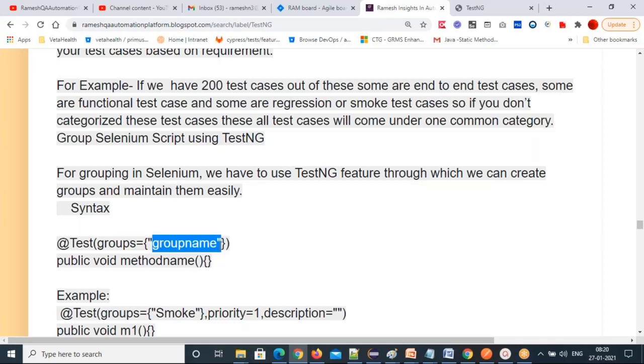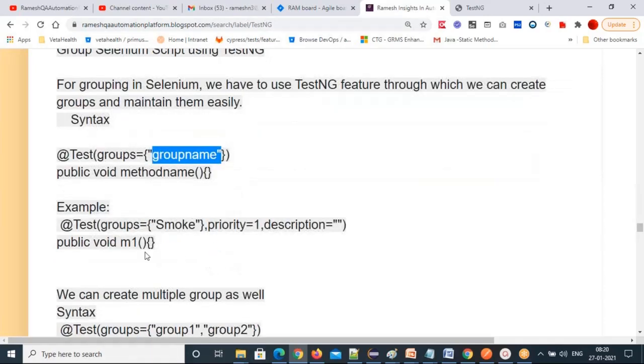Next, you can create one group, or you can specify multiple groups. This is an example: @Test(groups = "smoke", priority = 1, description = ...). So multiple keywords you can use in the @Test method by separating them with a comma. After each keyword name comes the value.